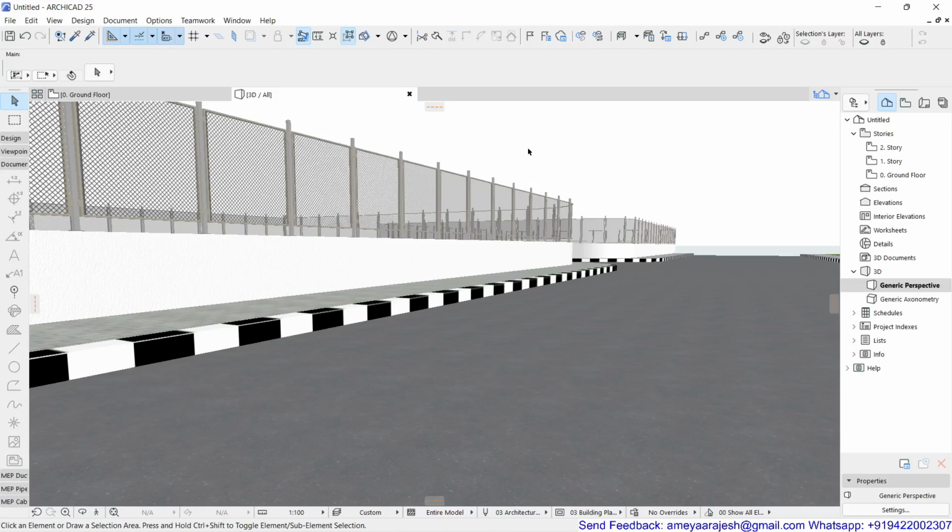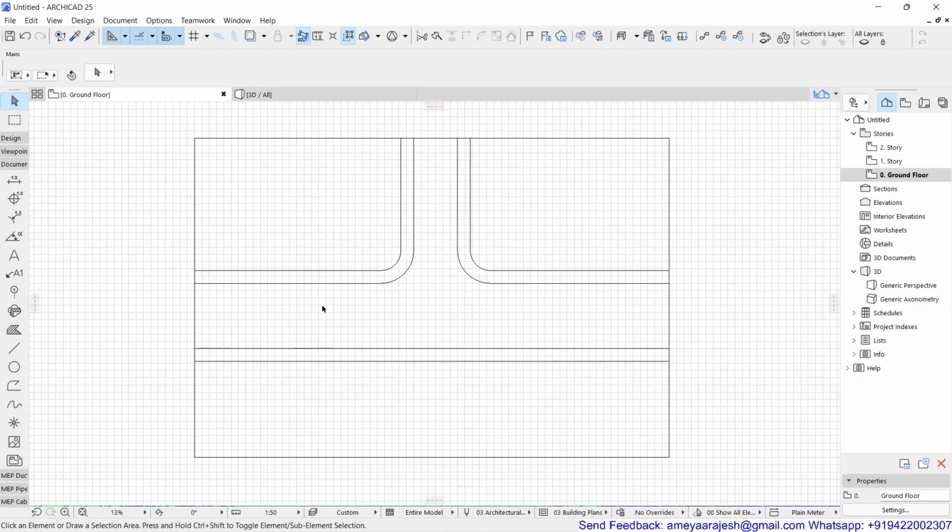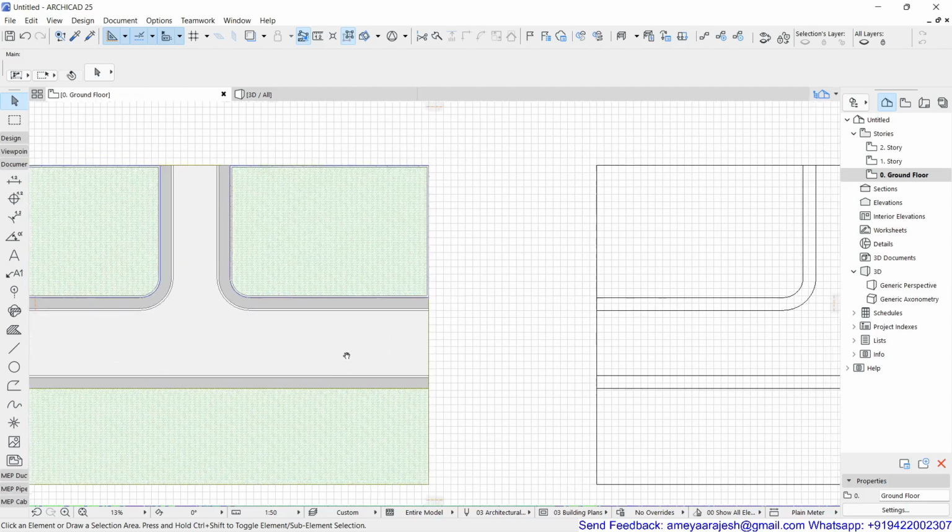If you are willing to do some quick presentation for the road, footpath, compound wall with chain link, here are a few tips which I can give you. Say, for example, first of all, try to create your required layout in a two-dimensional format. Make sure, as far as possible, to keep closed islands, that is, islands are always a closed area, so it will be easier for you to use the magic wand.